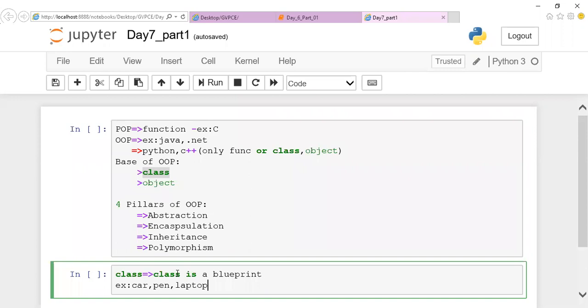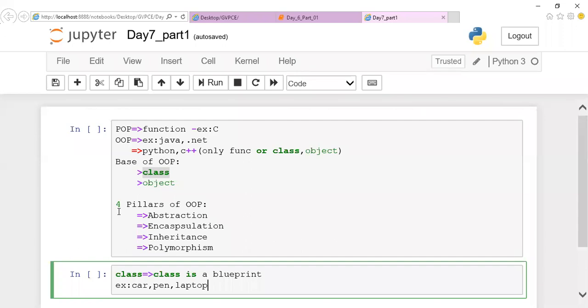So a class is a blueprint. I didn't mention any brand of car. You can take any example. If I take car, I'm just mentioning the particular structure. For a car, what is the requirement? It has four wheels, a skeleton of a car, a driver seat and seats where others can sit, front seat and back seat, steering, gear, brake, all those things. If it has this structure, I'll name it a car. It doesn't matter whether it is a Nano or a Swift or whatever it is. Whatever follows this structure, I'll name as a car. So this is a simple example of class.